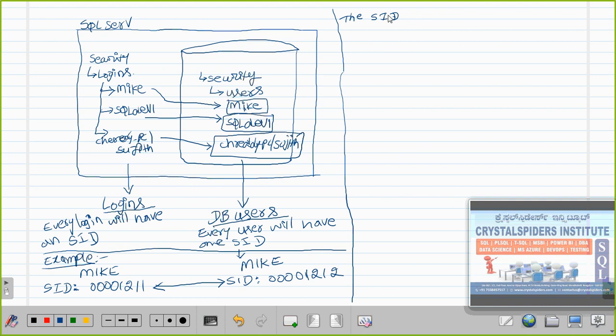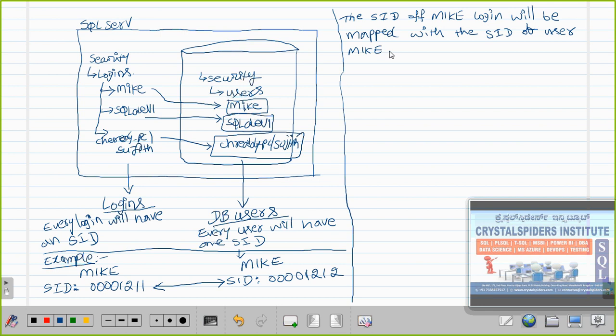So now the SID of the mic login will be mapped with the SID, sorry, usually it is a system ID, of the user mic.